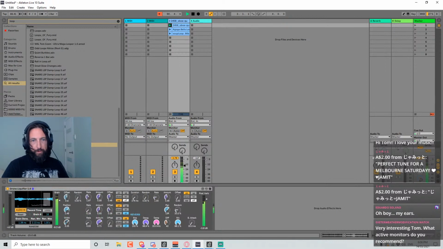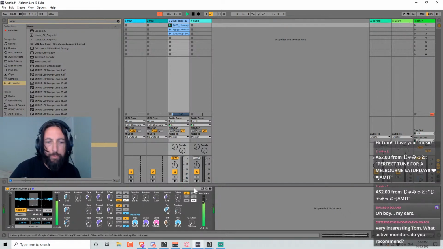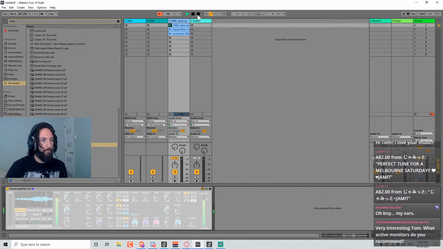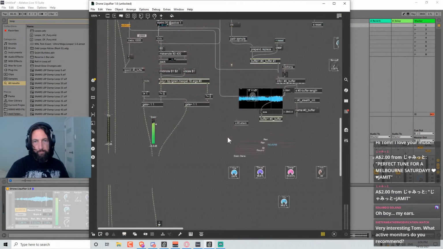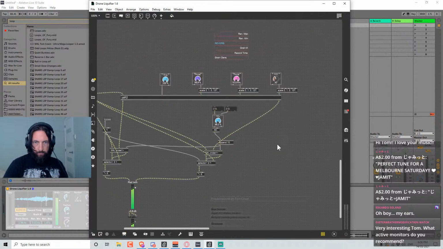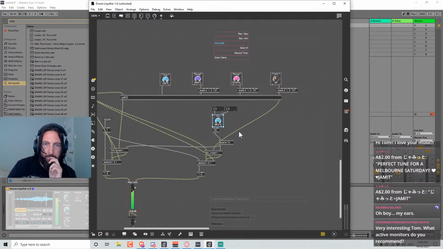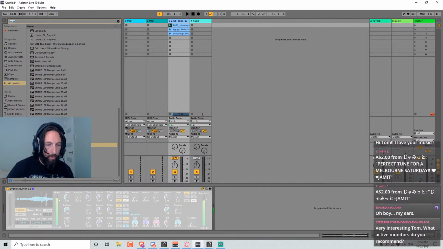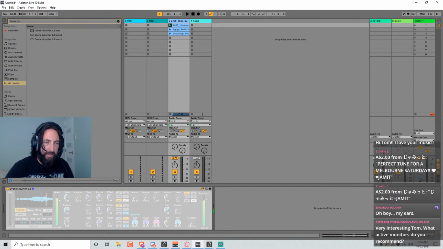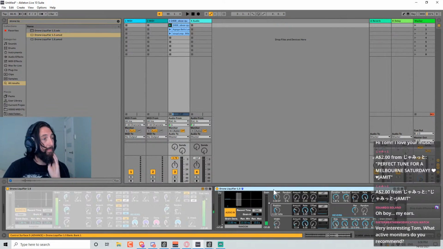Okay, I'm gonna try and figure out why the mix parameter is still letting through some reverb when it's on 0. So this is it here. Let me load up my old one. Sometimes with patches that are quite complicated, it's just easier for me to load up a version that was working and do an A/B.